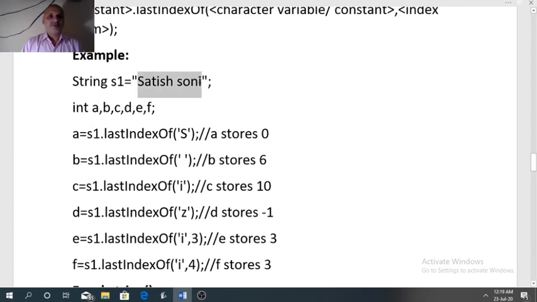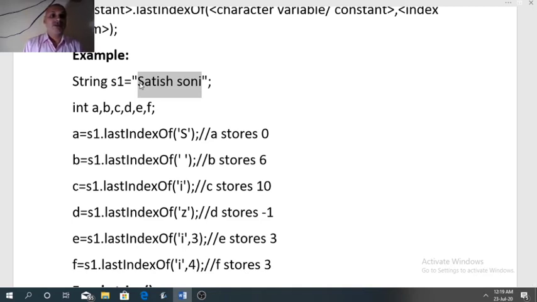Now see. A: S1 dot last index of capital S. So searching will start from right to left. It will search where capital S is present. So it will find capital S in the end from right to left.